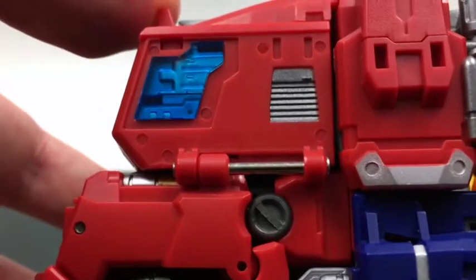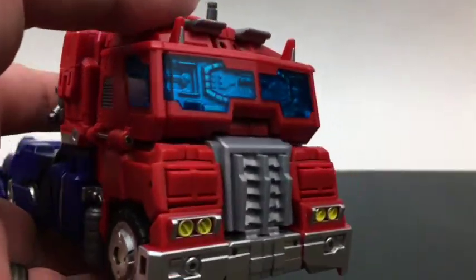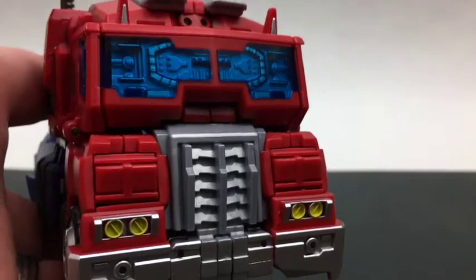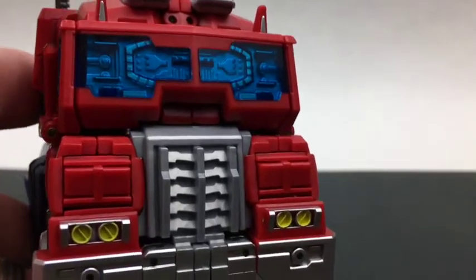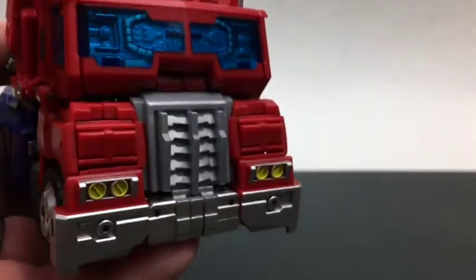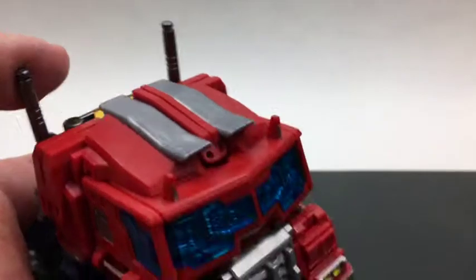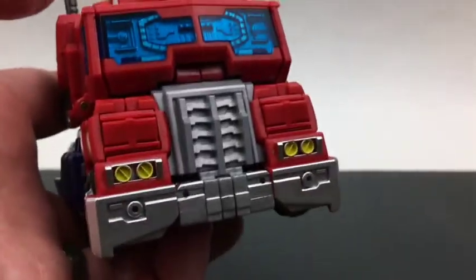These little vent details on the side, and the nice blue for the windows, which I know not everyone is a fan of, looks like it's just crammed with electronics. You can't actually get anyone to drive it, but I'm okay with that. I think it looks fine, and it ties into the vaguely Cybertronian look that this guy has going. So yeah, looks good, except...